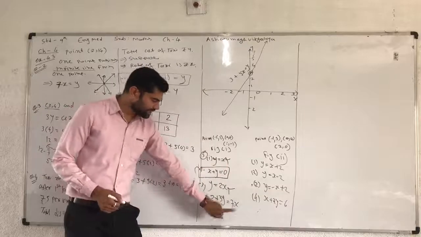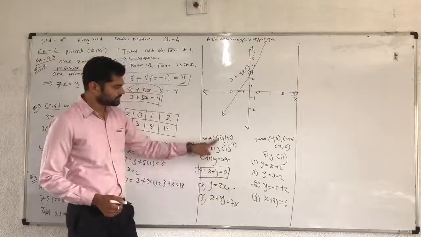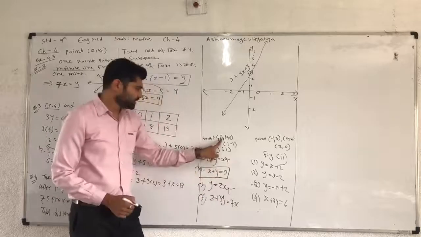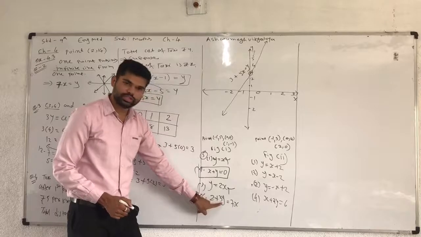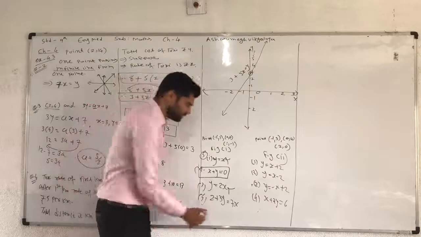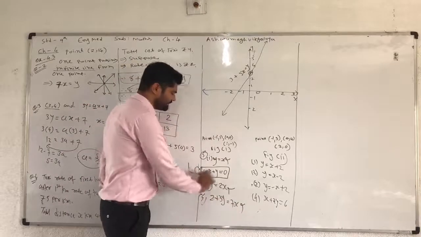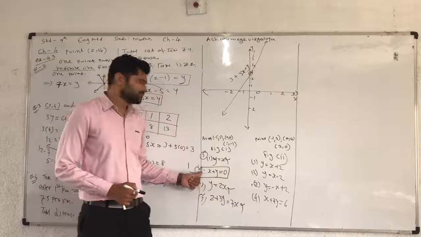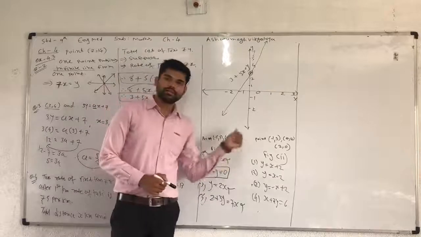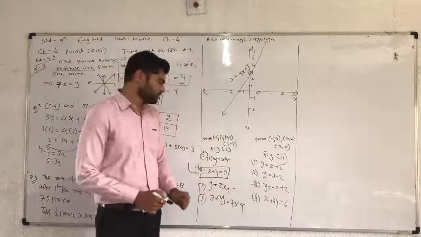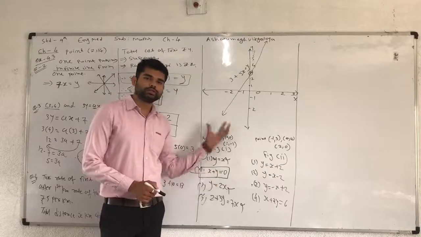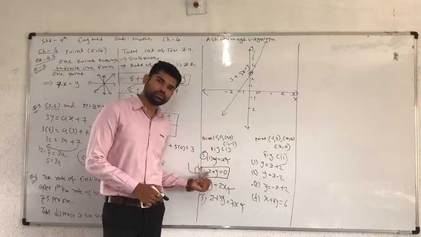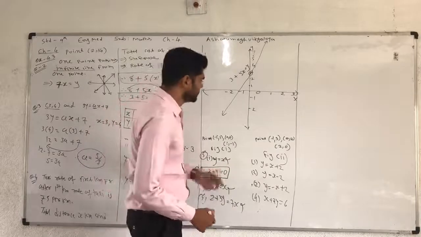Now 2 plus 3y is equal to 7x. So check with the first point: x equal to -1 means -7 on the left side. Here put y equal to 1, 3 into 1, 3 plus 2 is 5, and 5 is not equal to -7, so it is also cancelled. So equation number 2 is the one where all 3 coordinates are a solution and satisfy equation 2. So according to question 1 with the equation and figure, the answer is equation 2. Equation 2 can be satisfied.